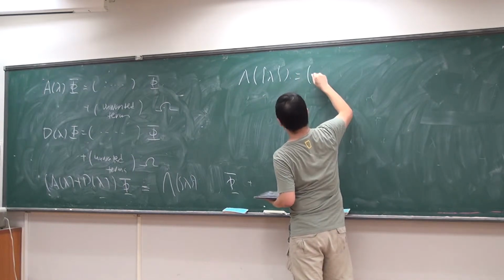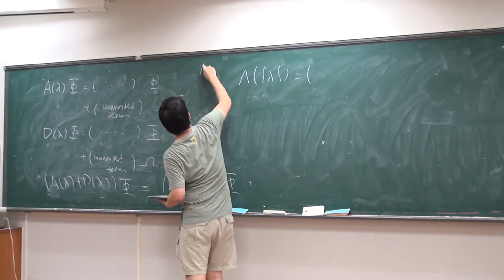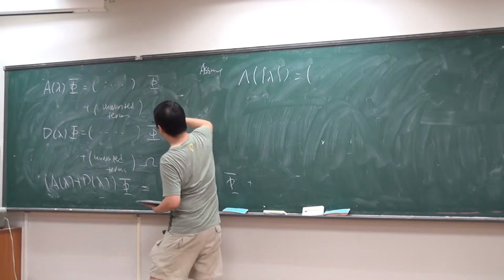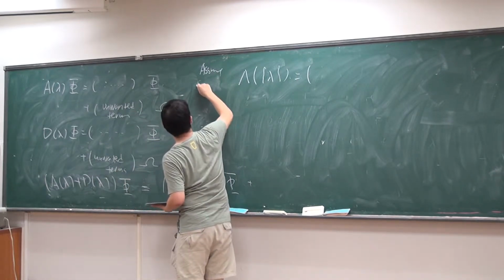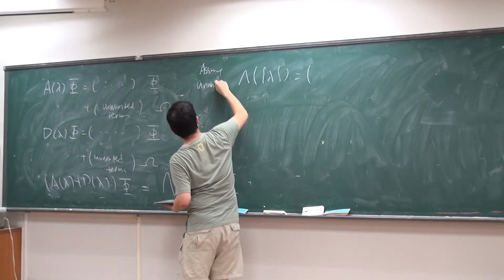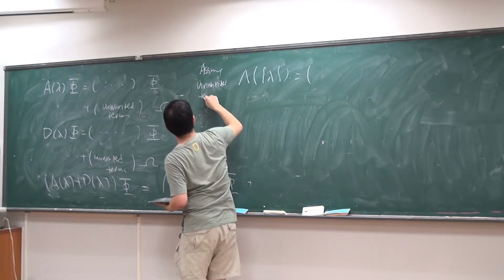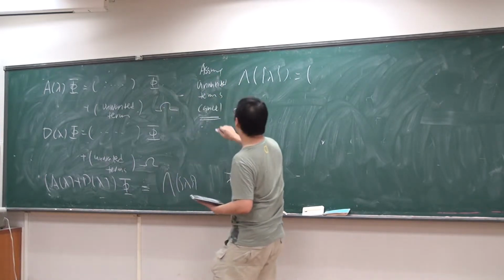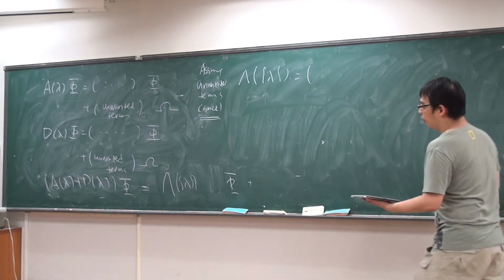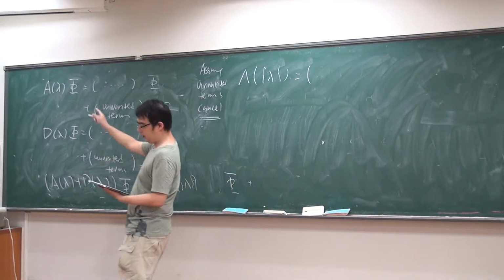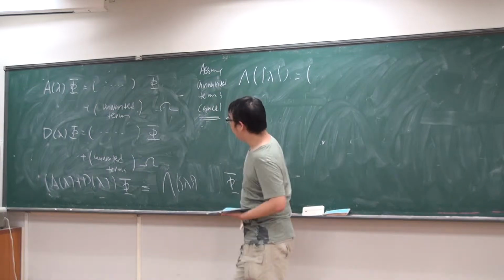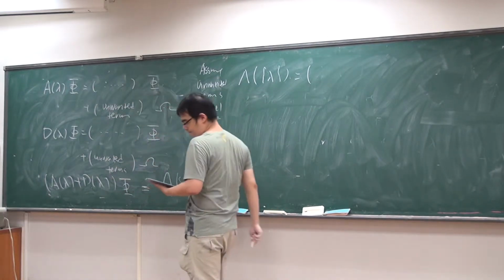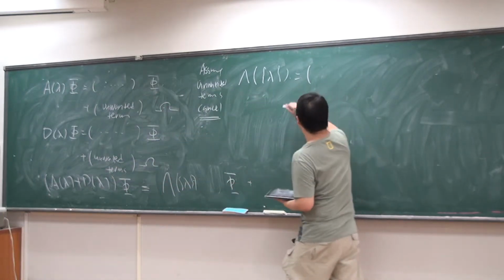And so we assume both unwanted terms die. It then cancels between the A and D's. Then we are left with this. And this actually looks like